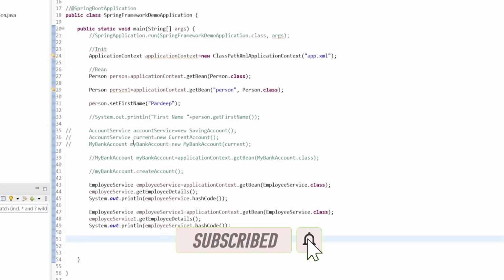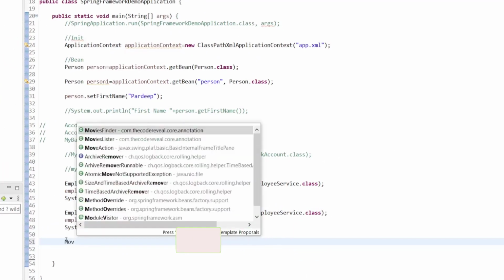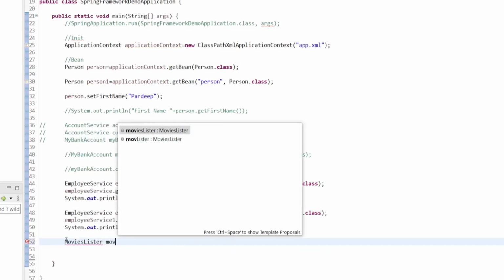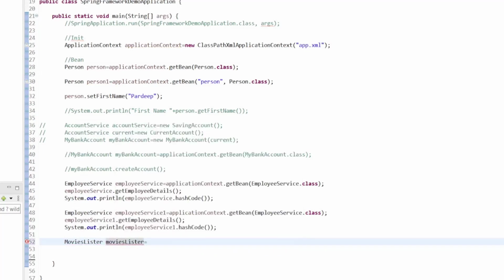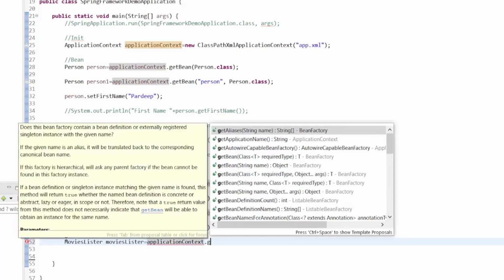Let's go to our main class. Here we'll call movie lister, and application context dot get bean.